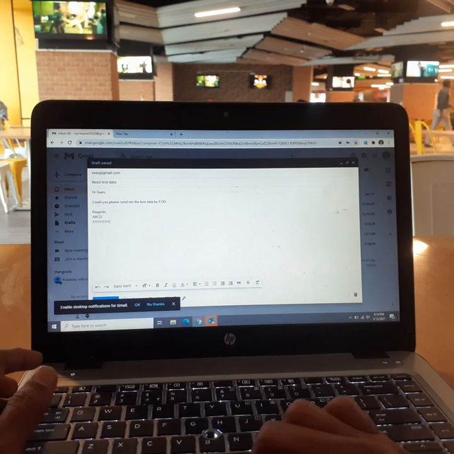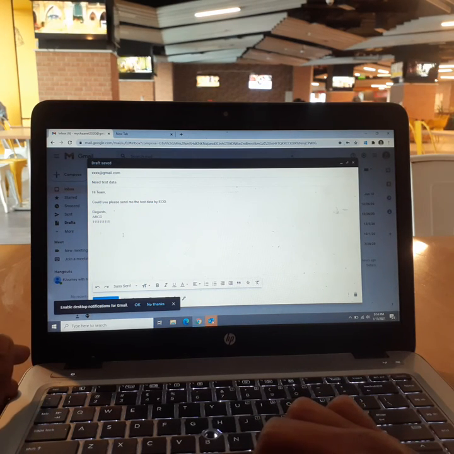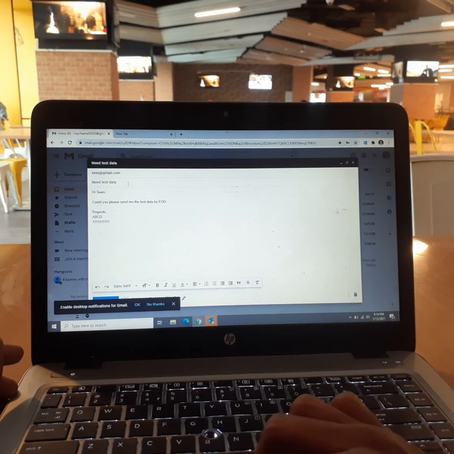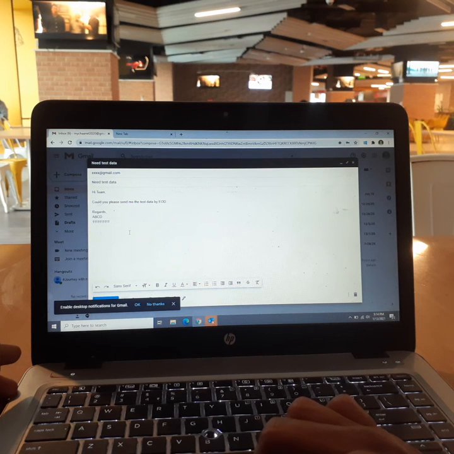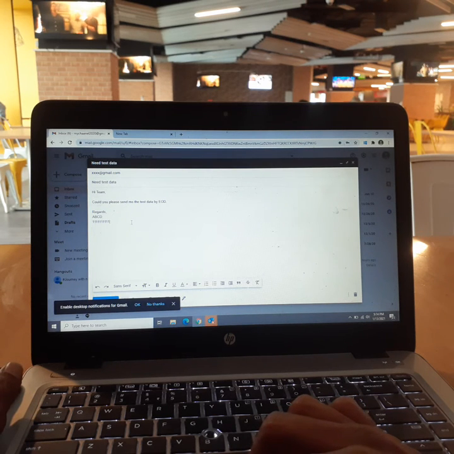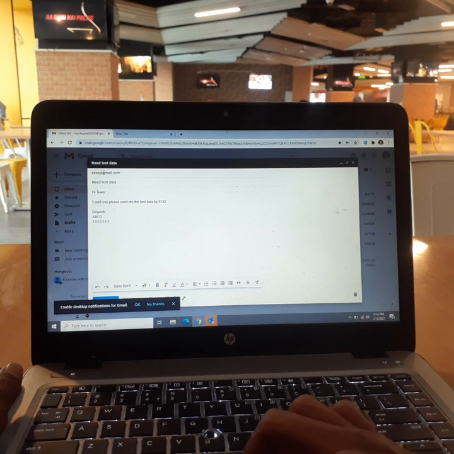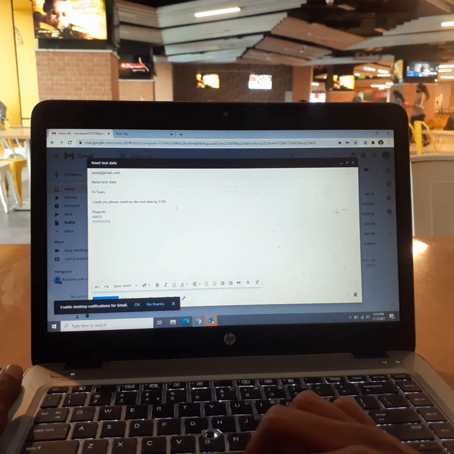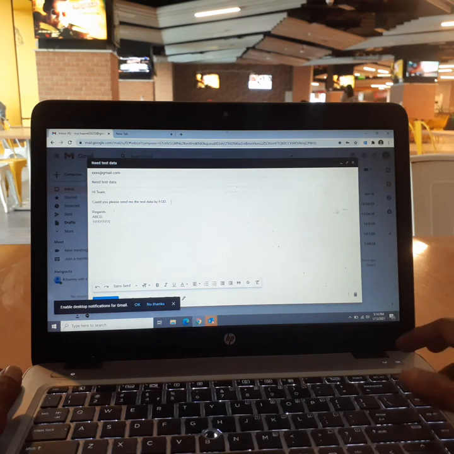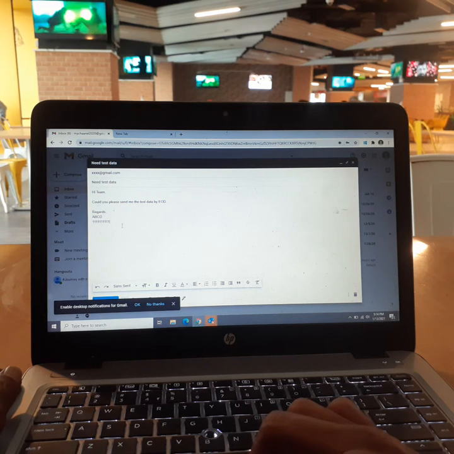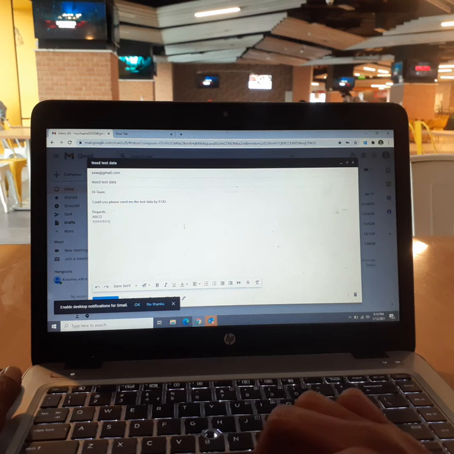This is how, guys, you write a mail using Gmail. Nothing complex, so just keep it simple. A very important thing I would like to mention again is the subject of the mail, because it tells the entire story of the mail. So the recipient whomever you are sending to, and then a good subject line. Write the body. If you want to write 2-3 paragraphs, you can, based on your requirement. Then comes the signature of the mail. I just mentioned regards and my name and mobile number, so you can do it to keep it simple.